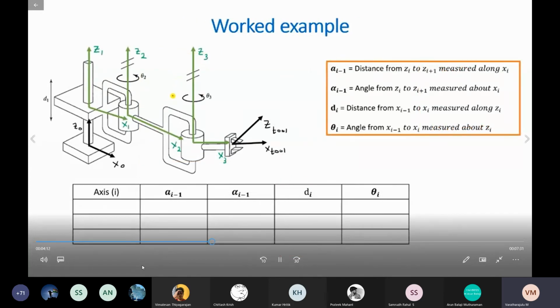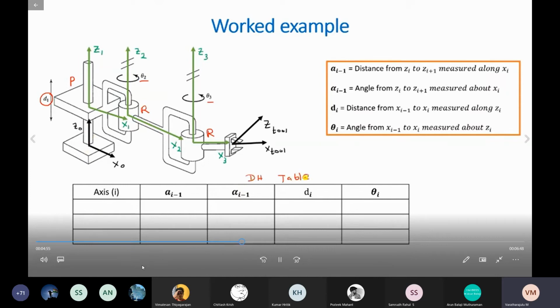So, looking at this example, we assigned the frames in the previous video. You can see there are three joints. You have a prismatic joint, a revolute joint, and another revolute joint. So just by looking at the diagram, you should be able to tell that the prismatic joint should have some value for d_i, and that would actually be given by this variable here, d1. The two revolute joints should have some value for theta, which would be theta2 and theta3. The frame for the tool was already given in the question, while the base frame was assigned in relation to the first frame. Now this would be our DH table,